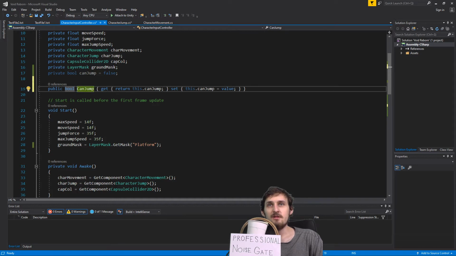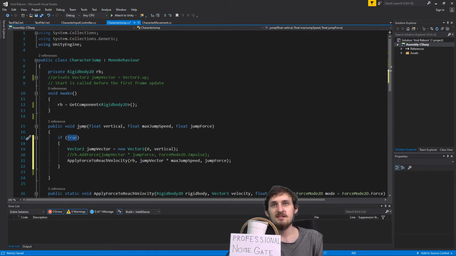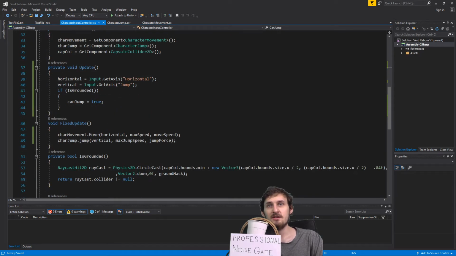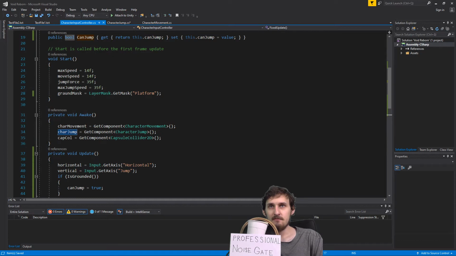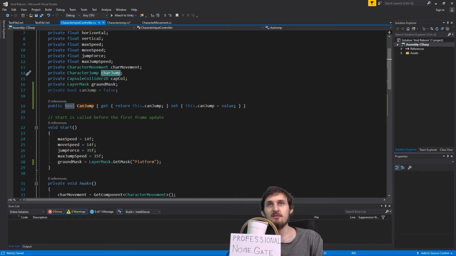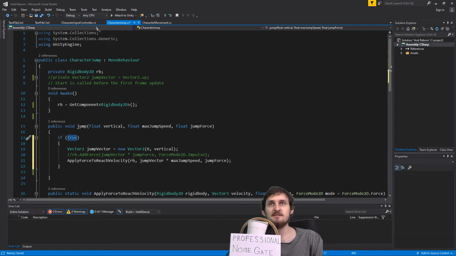And now if we save it and try to access it in our other scripts, we can do that, but first we need to create a reference to our character input controller. Same way as we are accessing the method jump, we have created a reference for our script character jump, and the same way we need to create a reference in our character jump to our character controller if we want